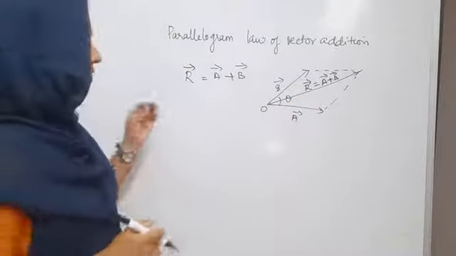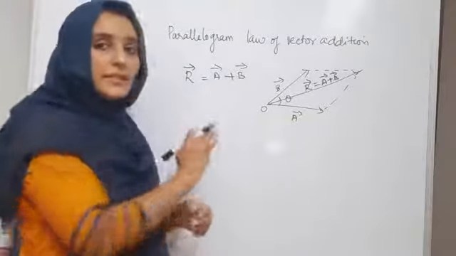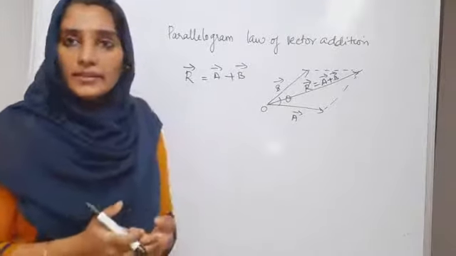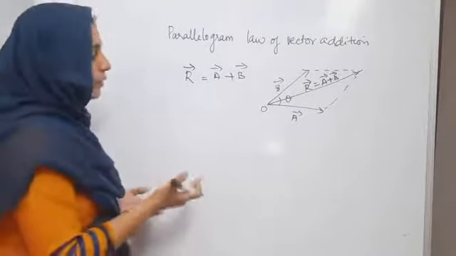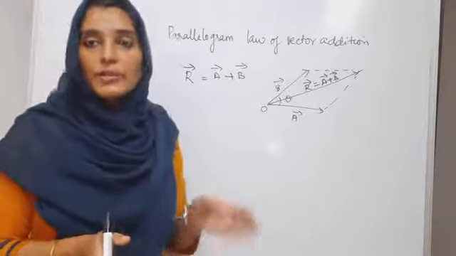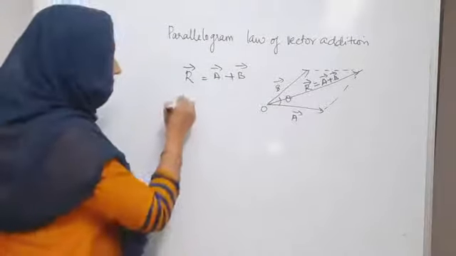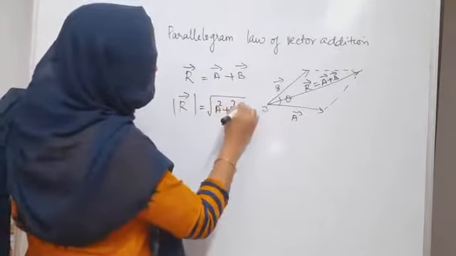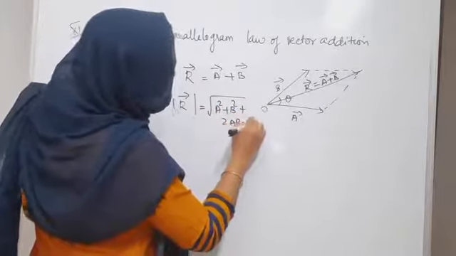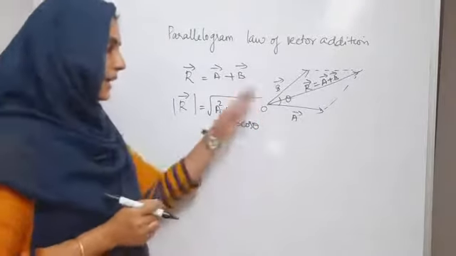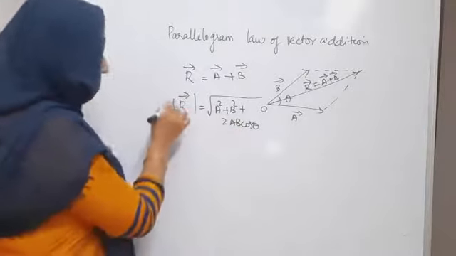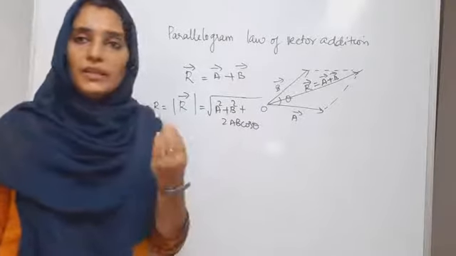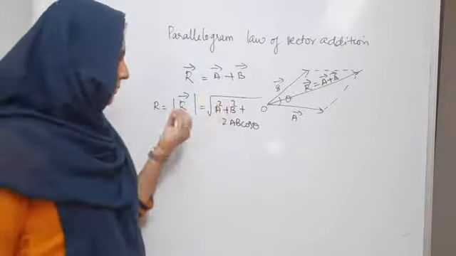and it points in a different direction. Now, this represents the addition of two vectors, but this doesn't mean that we can add the vectors directly. We have to follow an equation for its magnitude as well as direction. So the equation for its magnitude is R is equal to the root of A square plus B square plus 2AB cos theta, where theta is the angle between A and B. With this equation, you can write it as modulus of R, or you can also write R is equal to. So this expression will easily give you the magnitude of the resultant.